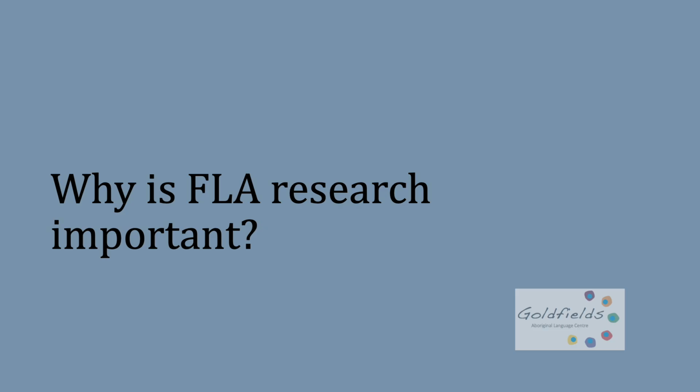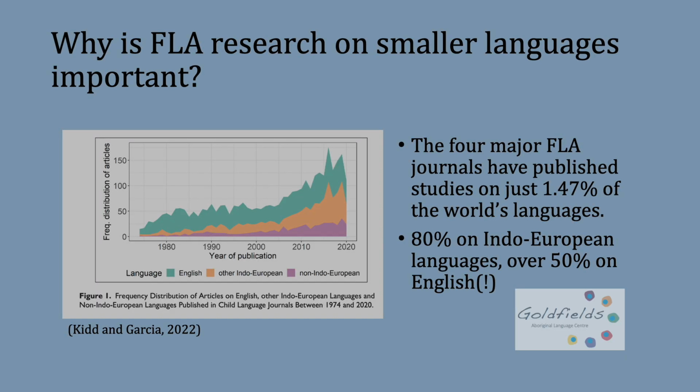To take a step back for a moment, in 2022, 2 researchers conducted a meta-analysis of the 4 major first language acquisition research journals. So they conducted an analysis of all the analysis that had been conducted in these journals. And what they found was that since the mid-20th century, the 4 major FLA journals have published research articles looking at the acquisition of just 1.47% of the world's approximately 7,000 languages. Over 80% of the research articles published in these journals just looked at the acquisition of widely spoken and, I guess you'd say, grammatically homogenous Indo-European languages. And quite astonishingly, over half of the research articles published in these journals since the mid-20th century just looked at